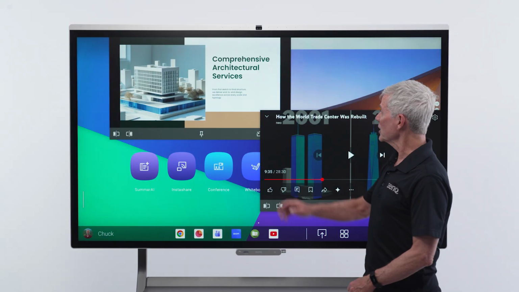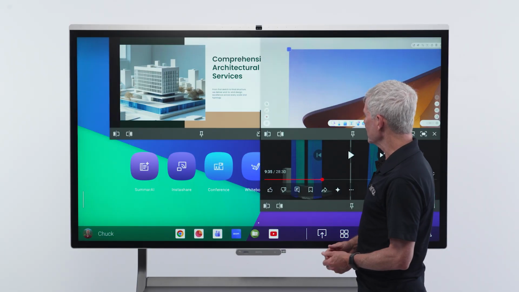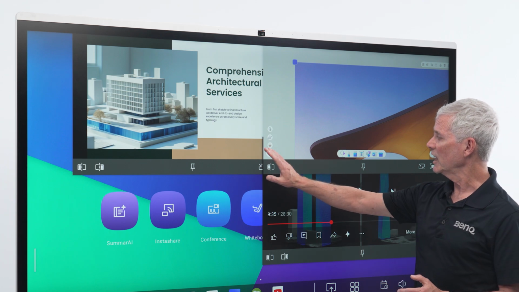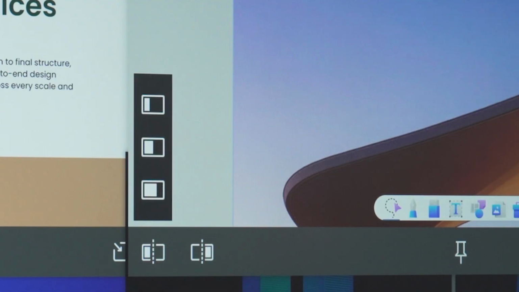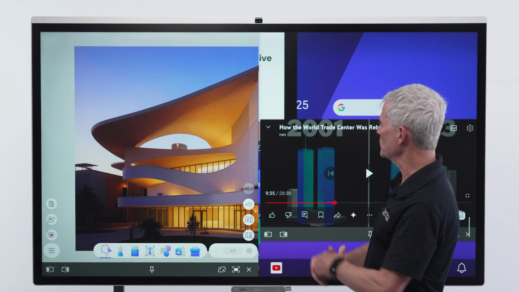For faster organization, I can make use of the various presets. Here with Easy Right, I can open in the left or right side of the screen. Tapping that option, you'll see I can fill 1/3, 1/2, or 2/3 of the space. Let's put it in 1/2 of the space on that side.